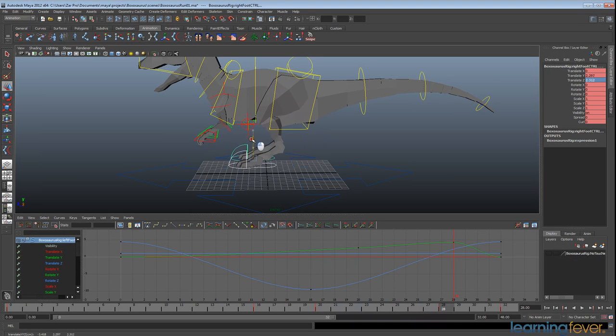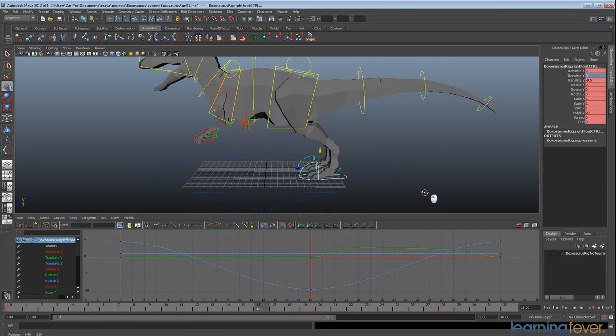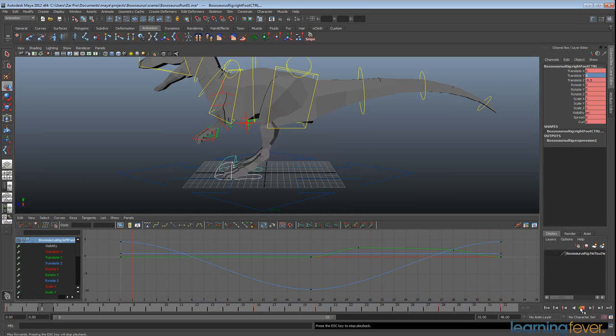But if you notice in the graph editor, we haven't got a keyframe for our translate. So now our feet are actually sitting off the ground. So we're just going to fix that and go to our translate Y and bring that back down to the ground. So now we have our basic sort of walk. It looks rather mechanical at the moment,